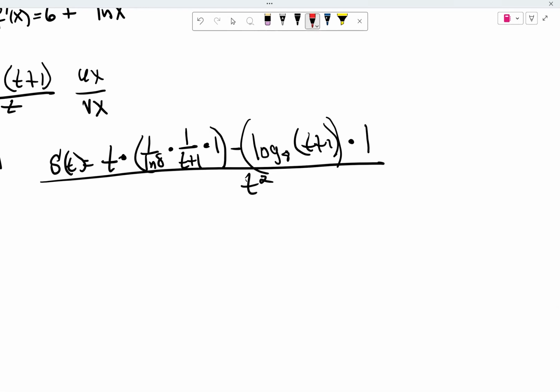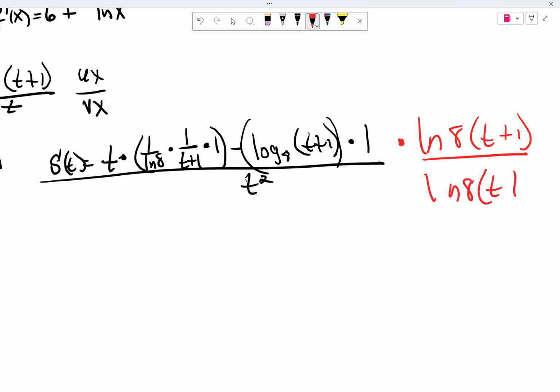I'm going to come over here and multiply this by natural log of 8 times t plus 1, top and bottom. So this will be natural log of 8 as well, times t plus 1. And so when we multiply this out, this reduces down to t minus the natural log of 8 times t plus 1